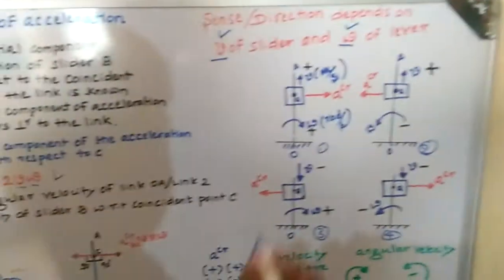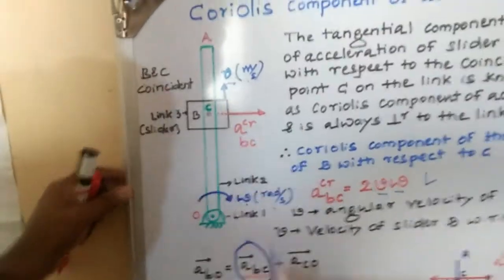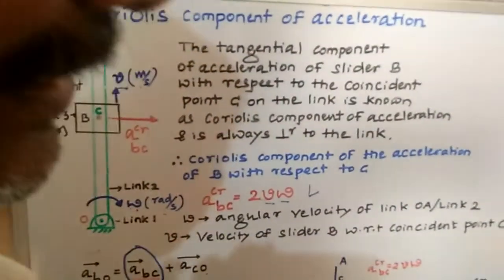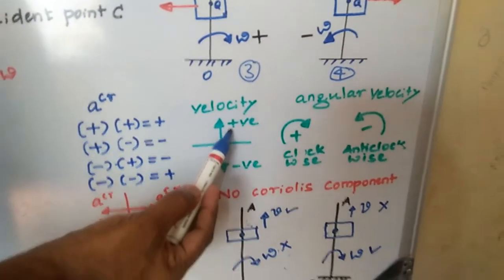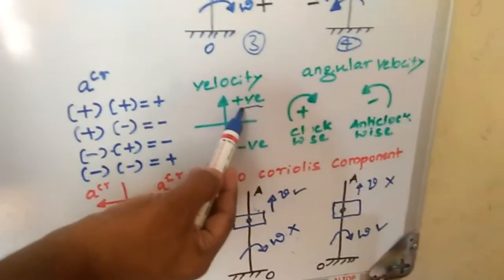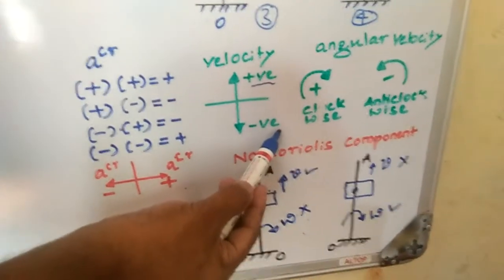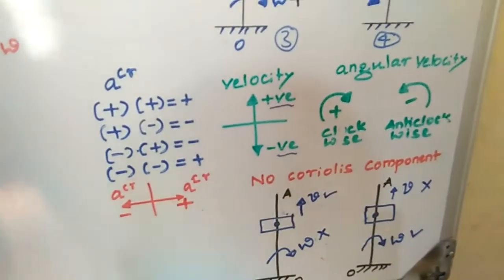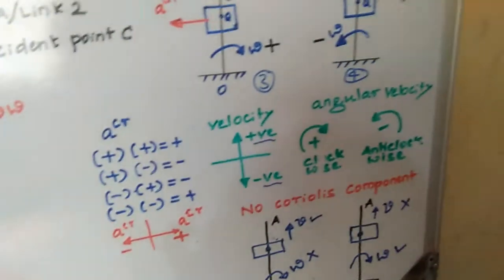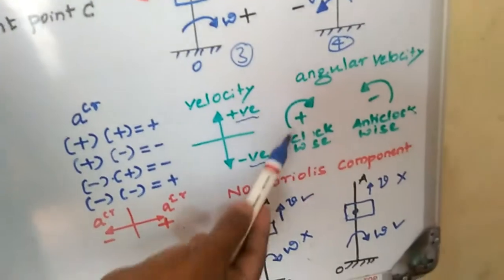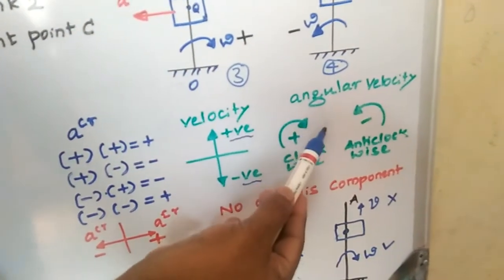Look at this one. First I will come to the velocity of the slider, V. Okay, in that case, look at this one. That is the vertical, the Y coordinate. The upward direction I have taken as positive. Downward direction I have taken as negative. Then one more parameter, that is omega. Can you find it? Omega. In that case, angular velocity, that is, radian per second.